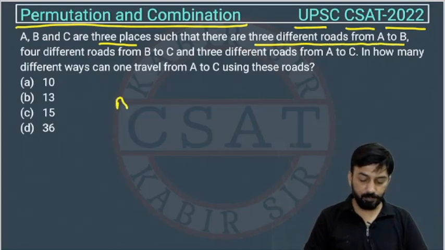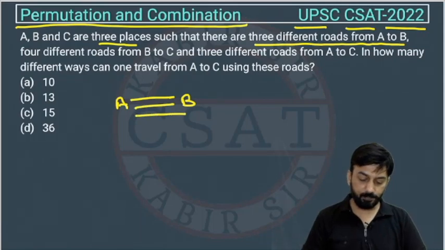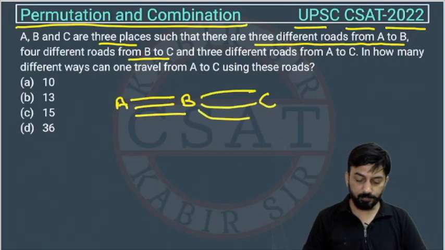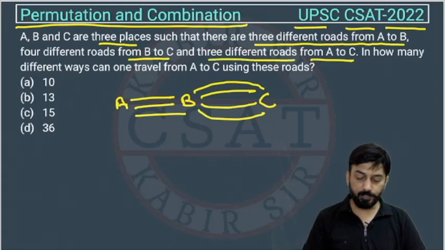Right, so from A to B, how many roads are possible? 3. Right, 4 different roads from B to C. Suppose C is here. So how many roads are possible from B to C? 4. Right, and 3 different roads from A to C. Right, so this is like this. Okay,